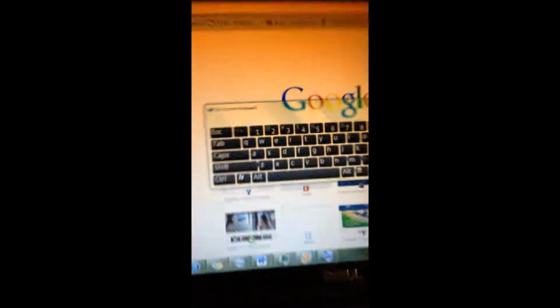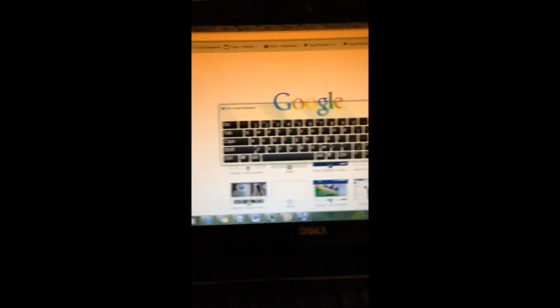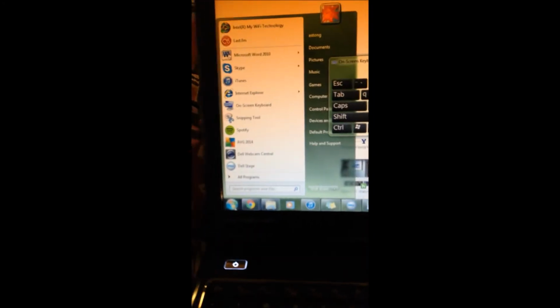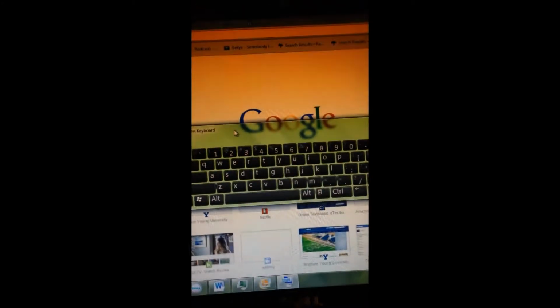I'm a student at Brigham Young University, and this is a tutorial on the on-screen keyboard. So, the on-screen keyboard can be used for Windows or Mac, but to find it here, if I click on the Start button, I just search for on-screen. Oh, and look, it just comes up right there at the top. So I clicked on that, and this keyboard shows up,